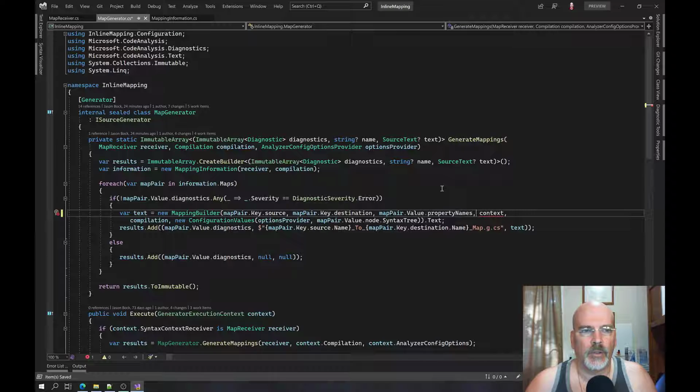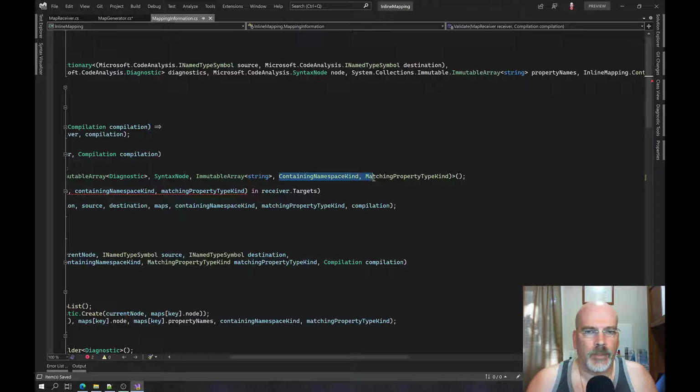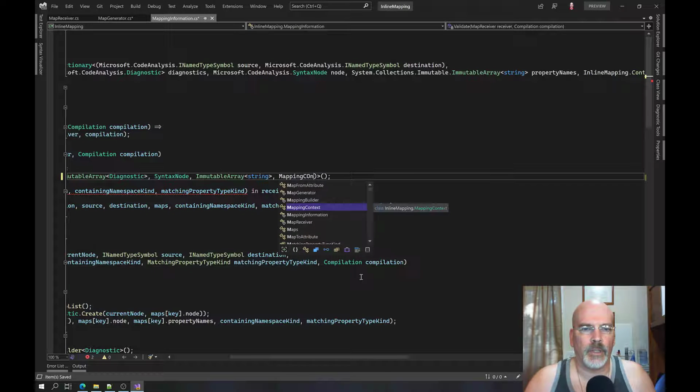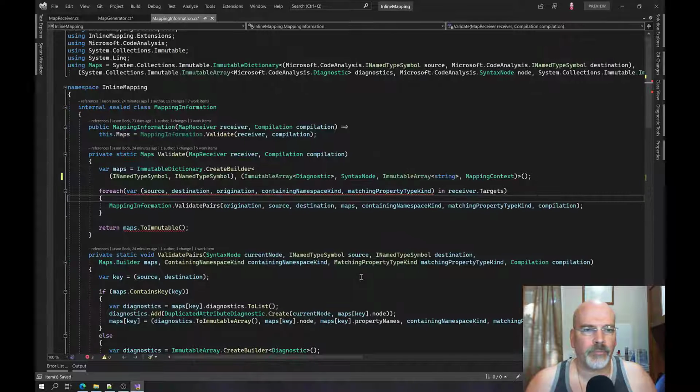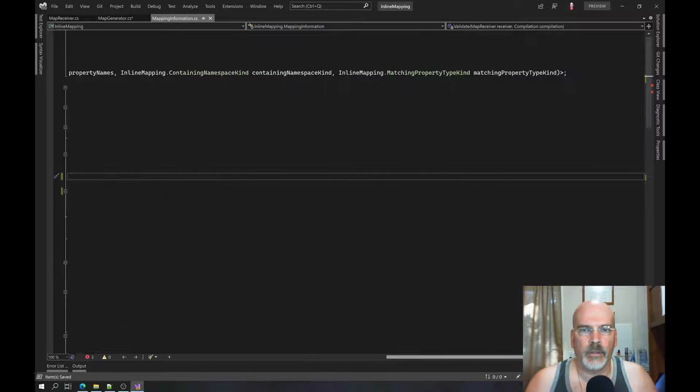So I think it's because syntax, yeah, we get that. Okay, so here, no, this is where we get the mapping context. Okay. And then we say context here. And that's correct. And then up here we say